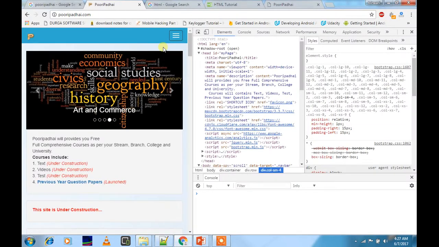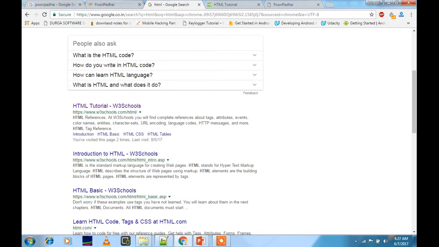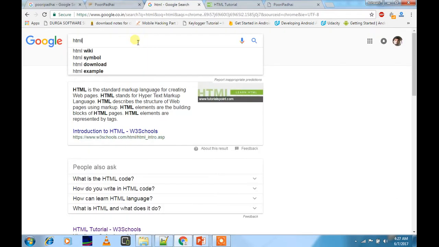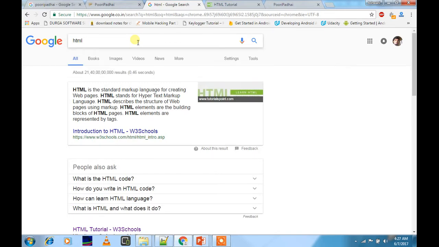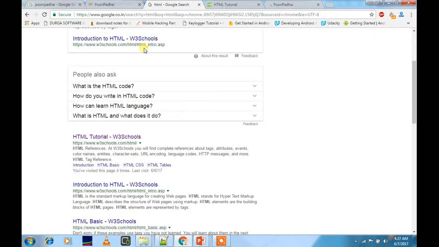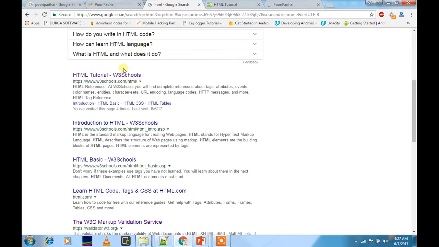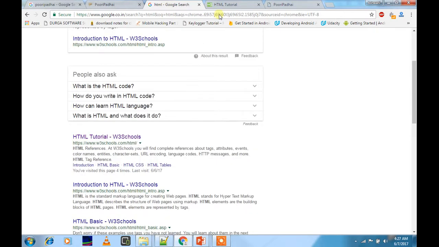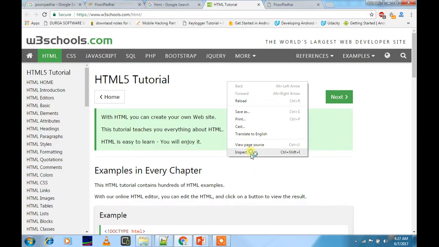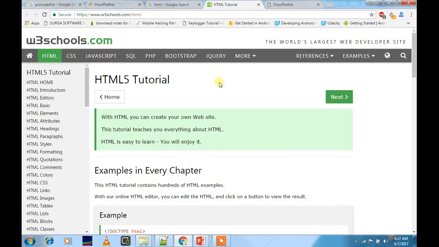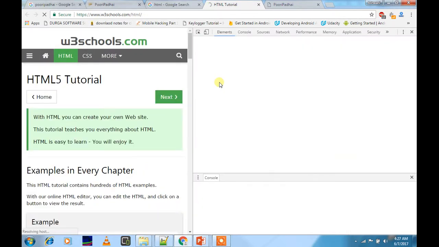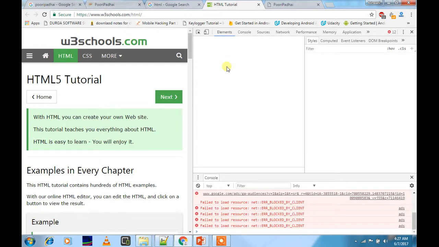That also you can understand, learners, if you go to Google and just type HTML and search it, it will show a number of things over here. So we will open this link, HTML tutorial, and here also we'll go to the inspect element option of the developer. Here also we will try to see how things are on this professional website of W3 Schools. Do they also use the same things which we have used or not?